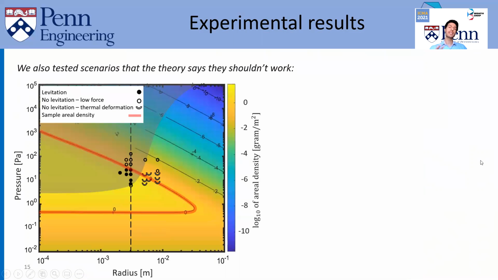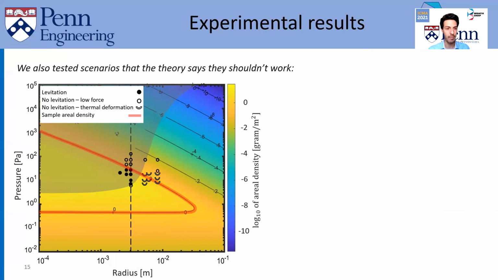Okay, so what we did is that we took our theory and plotted the areal densities that, by the prediction of the theory, we can lift off, and then we draw this line, or I should say this band, that is the areal density of the sample that we made. And then the radius of the sample, which is 3 millimeters; the disk was 6 millimeters in diameter. And then we occupied all of the points that we saw levitation happening and all of the points that we